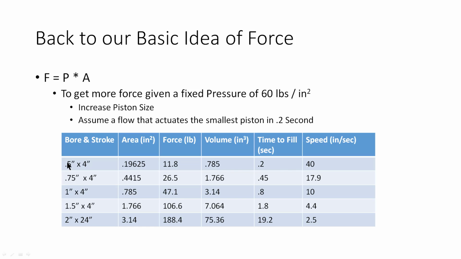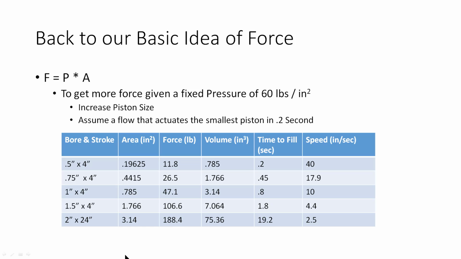Now, as I move up in size on the piston diameter to 1 inch, I've doubled the diameter, but notice I've cut the speed by a factor of 4. So my speed of motion is inversely proportional to the square of the change in diameter. And all that's saying is it takes way more volume of air to fill the piston as it gets